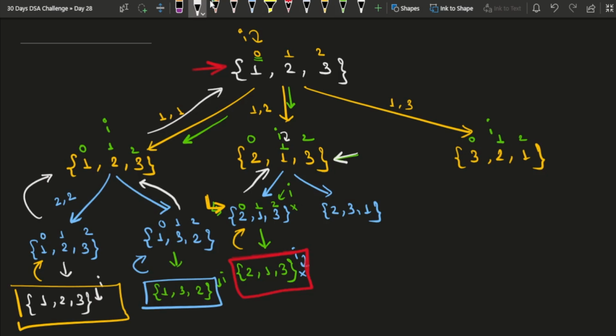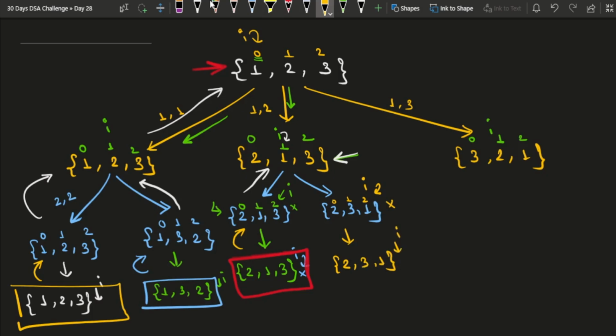So therefore, I will come here at this particular function call. If I write down the indexes, then my indexes will be 0, 1, and 2, and now my I will point here at index 2, right? After this index 2, I don't have any other element. What does it mean? It means that I have only one option, and that option is to swap this 1 with 1 itself. If I do so, then my permutation will have 2, 3 and 1, and now my I will go